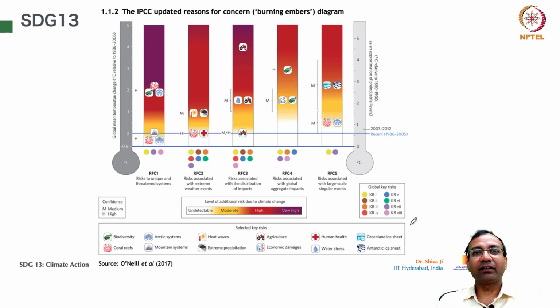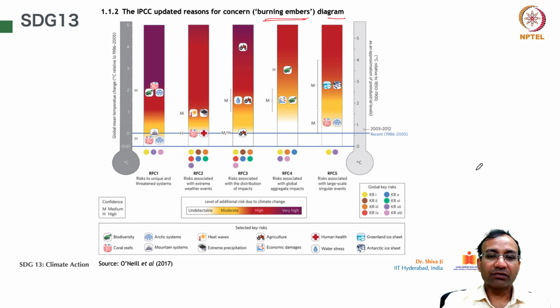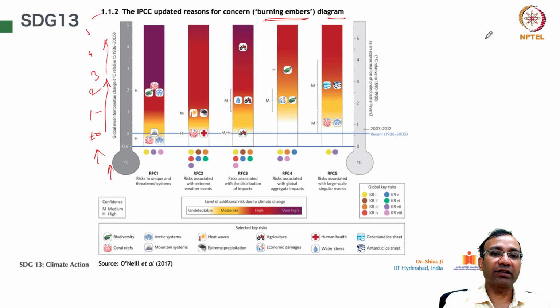Yeah, so we'll see the IPCC updated reasons for concern, like this diagram. It is given over here on a scale. It starts at 0, plus or minus 0, and slowly increases: 1, 2, 3, 4, 5. So this is the global mean temperature change, given in degrees centigrade relative to 1986 to 2005. In relation to that, this is the range,